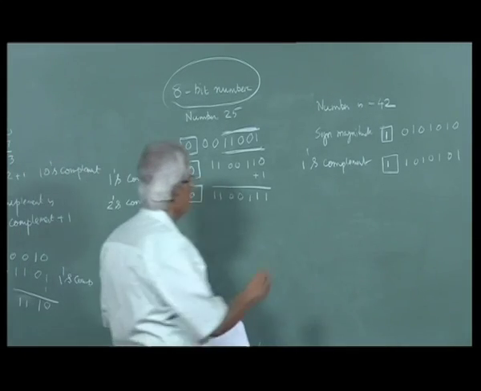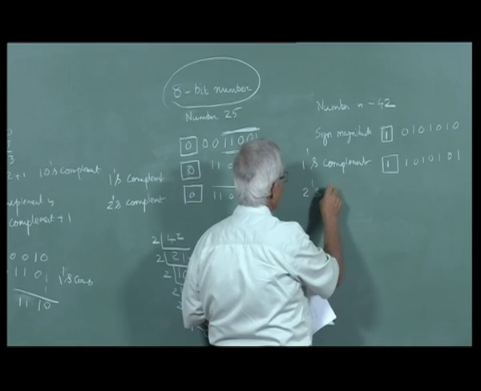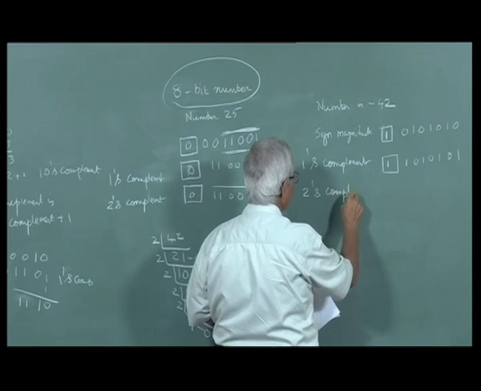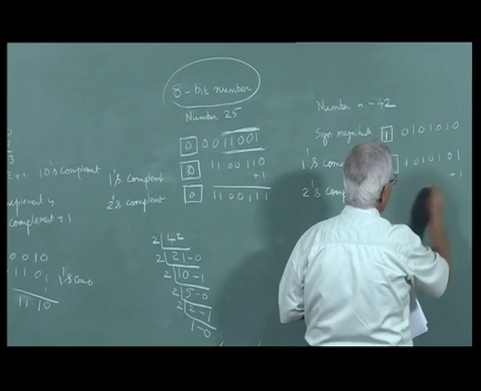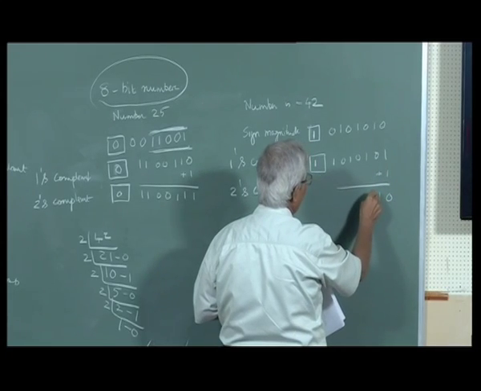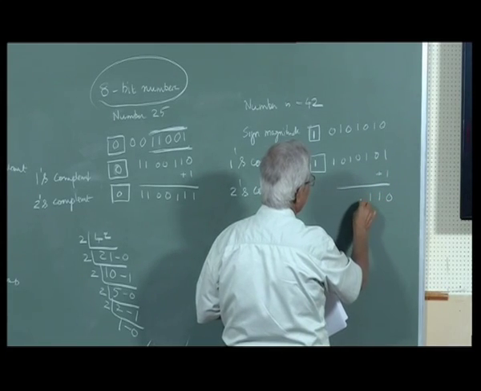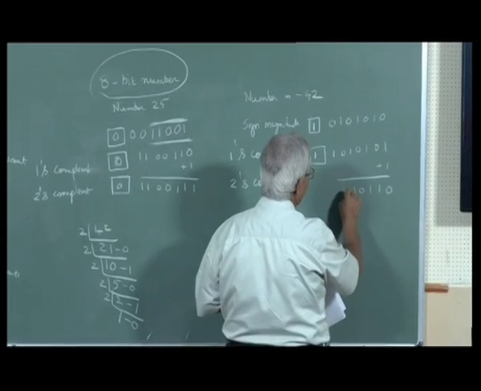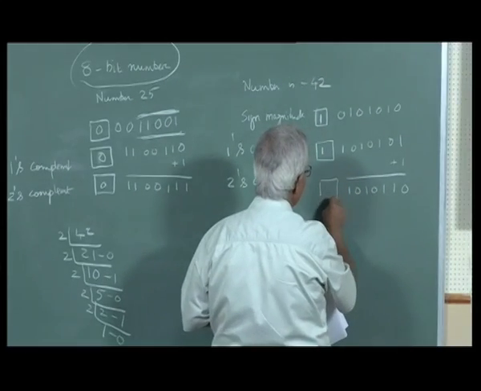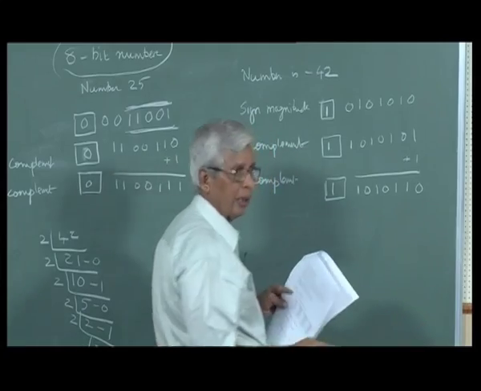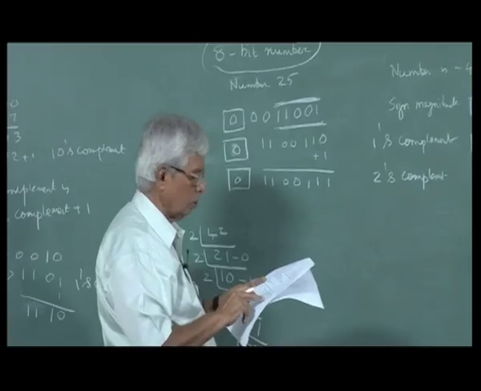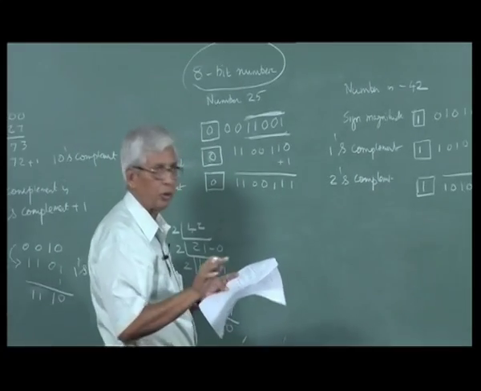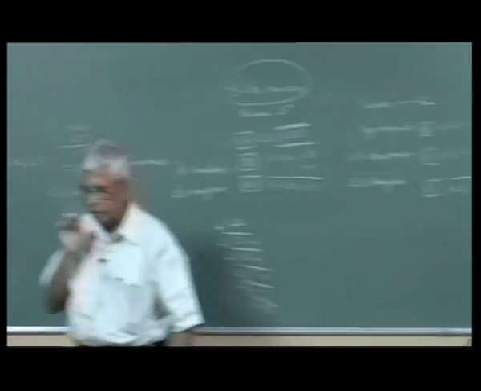2's complement. Now we have to add 1 to this. 1 plus 1 is 0, and this 1 carries here. The sign bit is again 1 because the number is negative. So this becomes 1 1 0 1 0 1 1 0. So what I am trying to drive home is